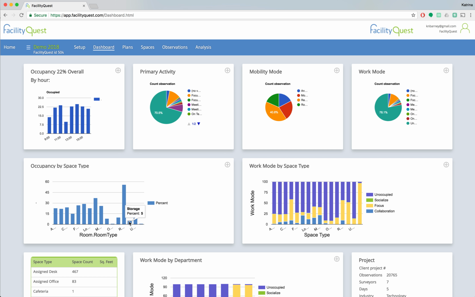Now, we can just quickly look at this occupancy by space type, and this is taking all of the different spaces that we were just examining on an hour-by-hour basis, but bringing their average occupancies together here. So you could quickly scan and see that it's pretty standard across, a bit of a dip in the computer training room, higher occupancy for the meeting room, which is what we just saw, and quite a bit of a dip here for open seating and open meeting